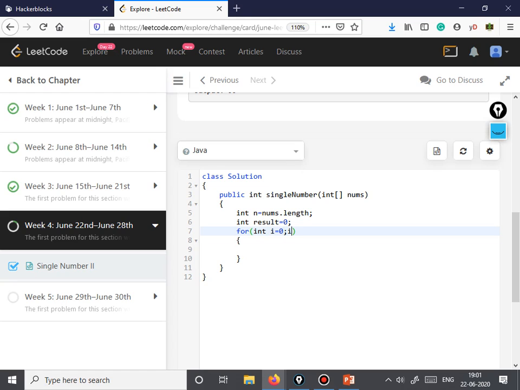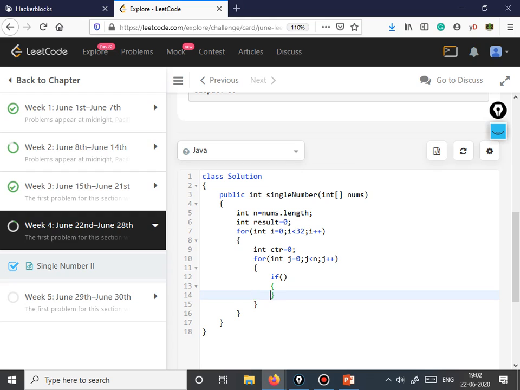So i equal to 0, i is less than 32, i plus plus. Now we need to store the count of all the values. I mean, we need to store all the set bit positions at the ith index. All right, so j would be running from 0 to n, then j plus plus,